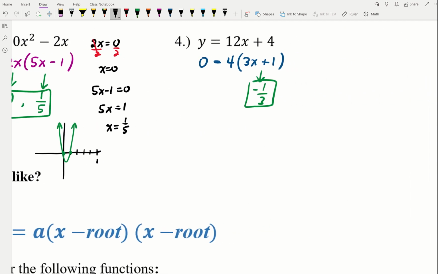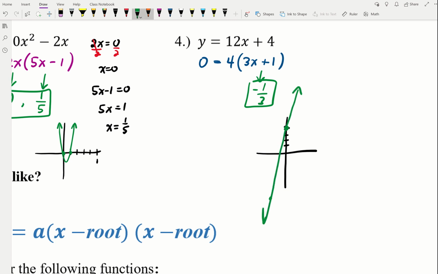All right, and then if I'm looking at example 4 here, one thing you got to be careful with is this is not a parabola. It's 12x plus 4, meaning it's actually a line. So again, one thing you might remember, maybe not, is that when you graph a line, we would start at the y-intercept, which is up 4, and then the slope would be 12 in this particular case, which means I would go up 12 over 1 or down 12 over 1 here,